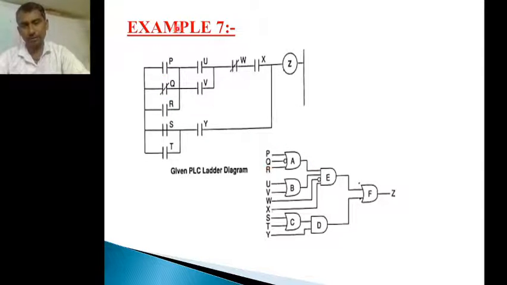This combination. So we have another combination. So here we have two series connections. This combination is one series and this combination is series. So two series means we can go for the AND gate. AND gate. So the first one can be represented with Y and the second one can be represented as the two are connected in parallel. So S and T are connected to an OR gate.